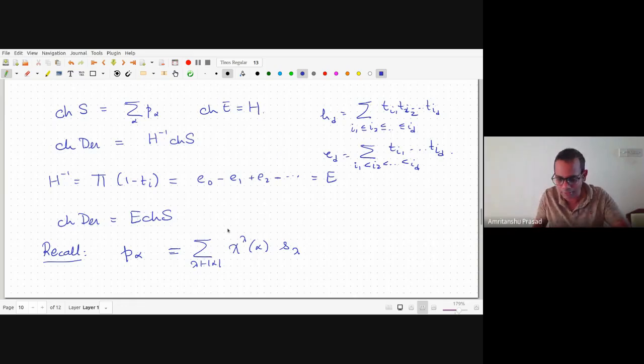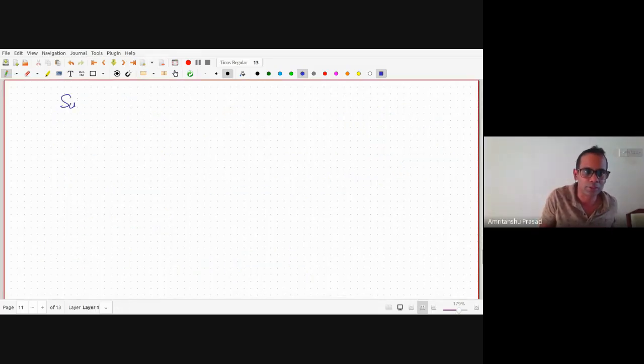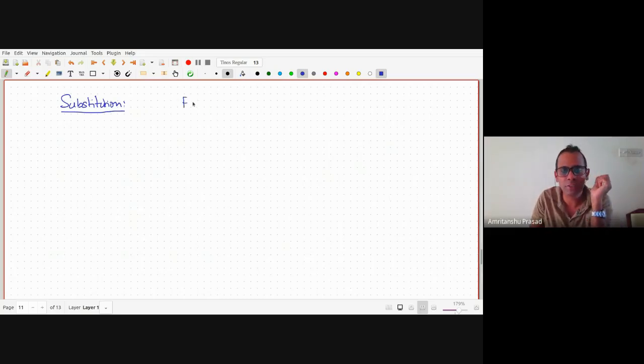So that was some random fun with products. Now substitution. This is a little harder to understand, but we'll get used to it anyway. So let me just define it. The operation is designed so that if you have two species f and g and you try to find a species whose exponential generating function is f of g of x, then you will be led to this definition.